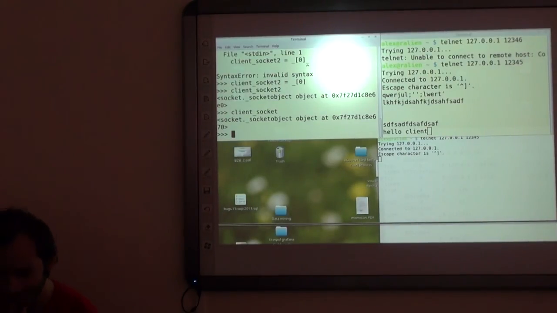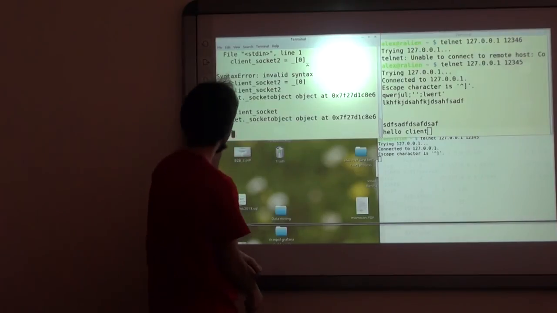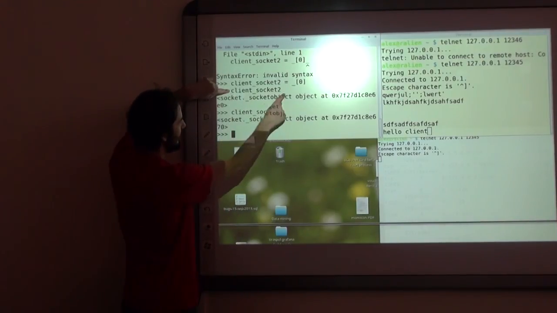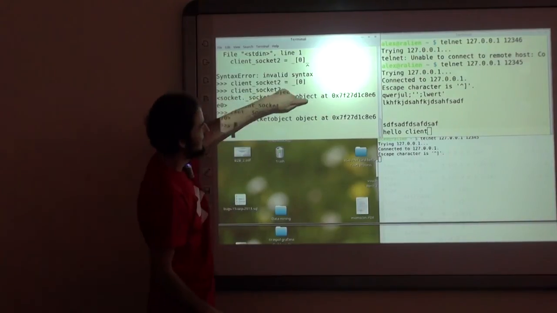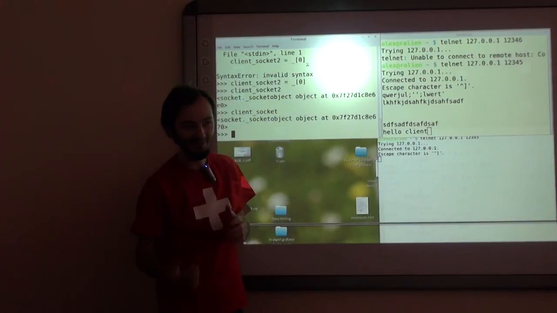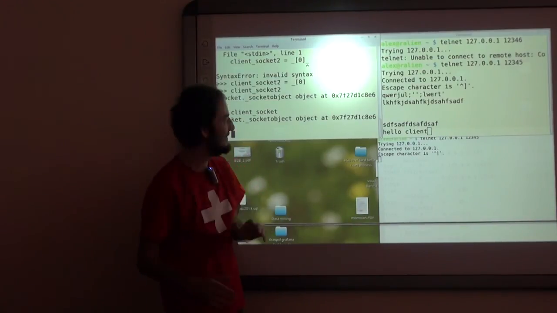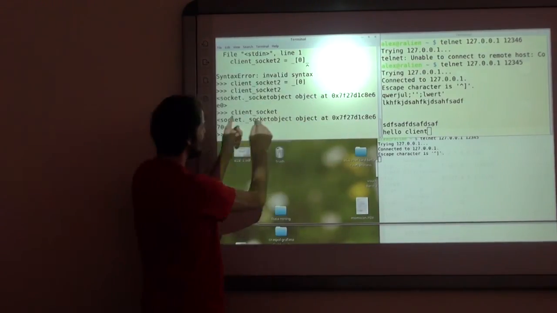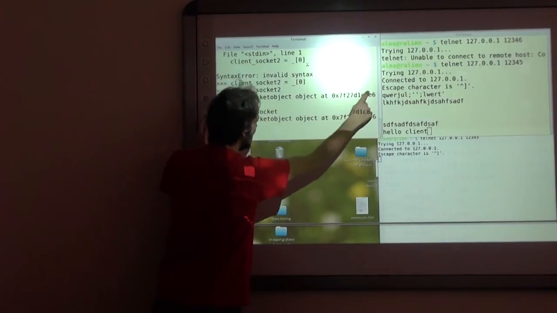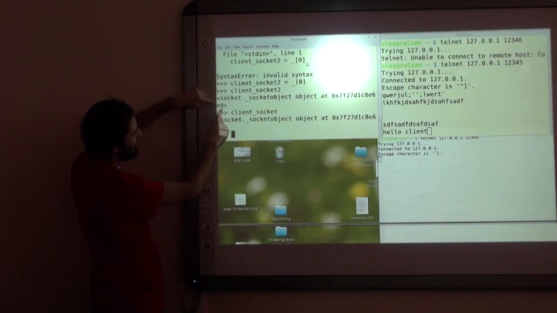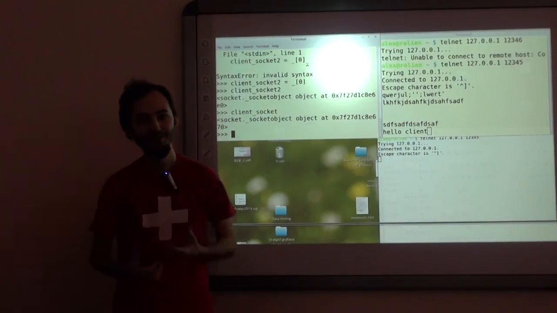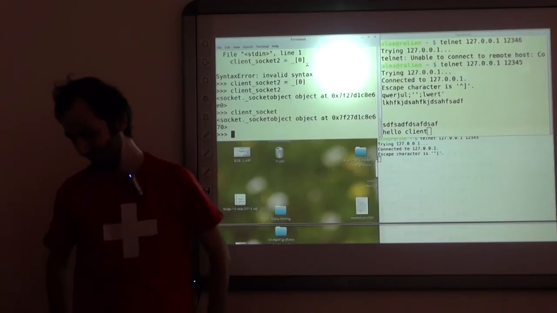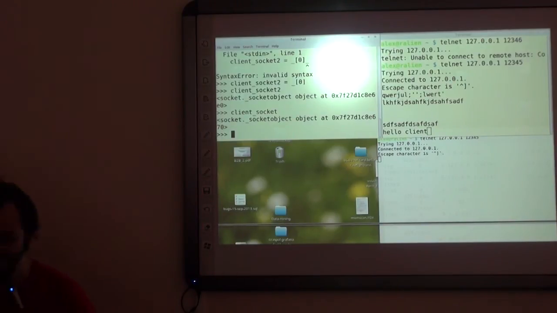So this is the second client socket. This is the first one. And at first I was surprised they have the same address, which is not supposed to be the case. But then I realized that the line was just not wide enough. So the address is continued on this end, and you see that they are different. So we are, in fact, now dealing with 2 different clients. But for the first couple of seconds, I was confused.